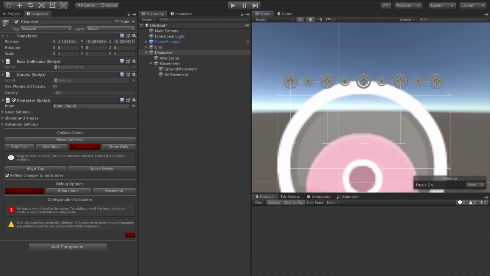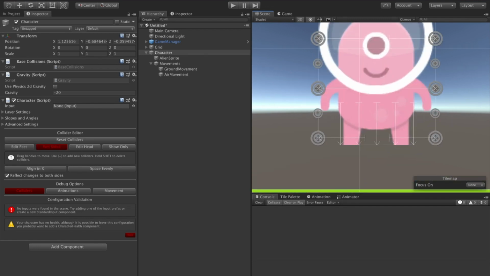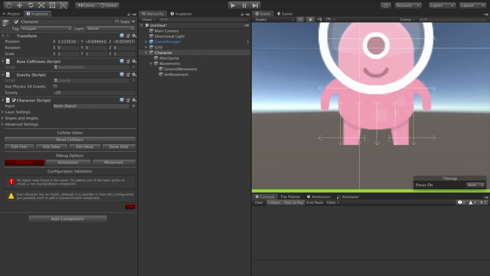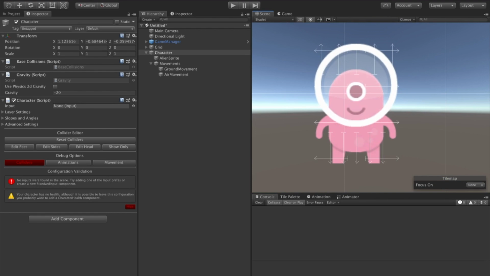There is a very small performance cost associated with these colliders, but even on low-end mobiles, having 20 or 30 colliders is not an issue. Again, for now, this basic shape should do us. We may need to tweak a little bit as we progress.